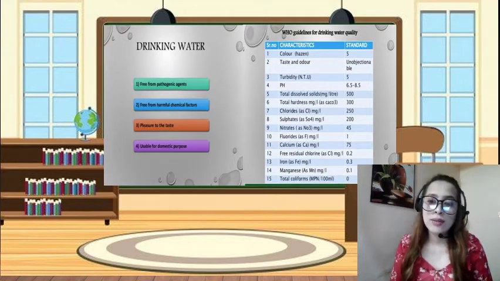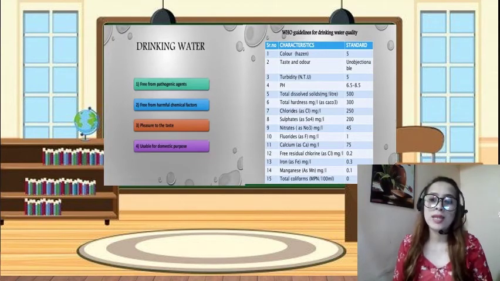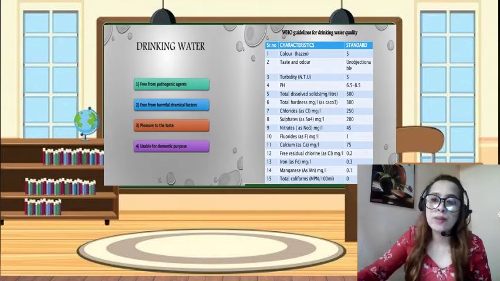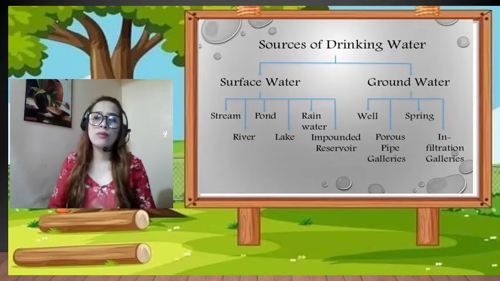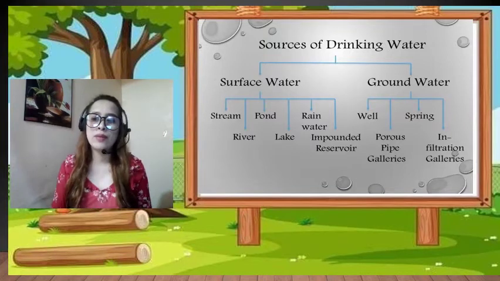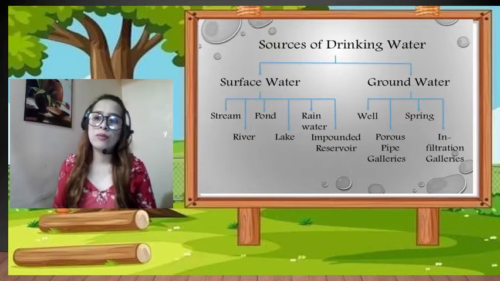We also have the total hardness, the presence of chlorides, sulfates, nitrates, fluorides, calcium, free residual chlorine, iron, manganese, and the total coliforms should be 0. Manganese should only be 0.1. That's how we know whether the water that we drink every day is safe for us. The sources of drinking water could be both surface water and groundwater. Fresh water from surface water comes from streams, ponds, lakes, rainwater, or some impounded reservoir, and groundwater comes from the well, the spring, porous pipe galleries, and